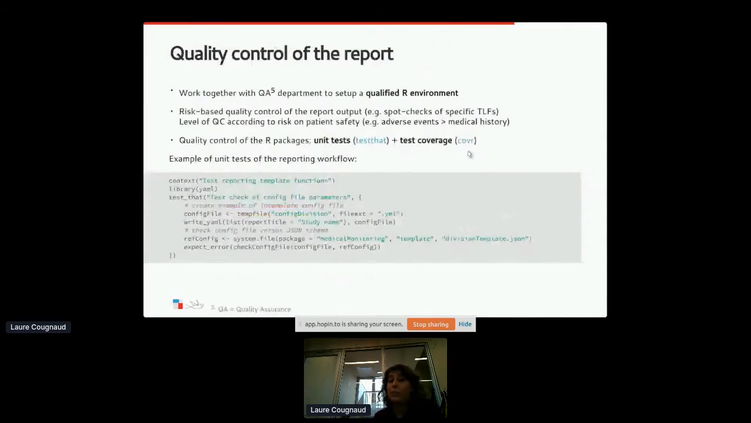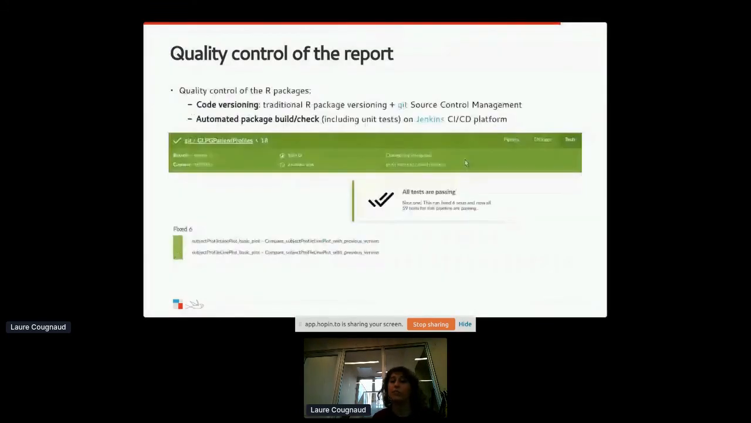I would like to also mention how we care about quality control. We are working together with the QA department for spinning up a qualified R environment, and at the moment we have unit tests, and we assess the coverage of the unit tests with the covr package. We use Git for code versioning and Jenkins as a CI/CD platform for the automated builds and checks of the